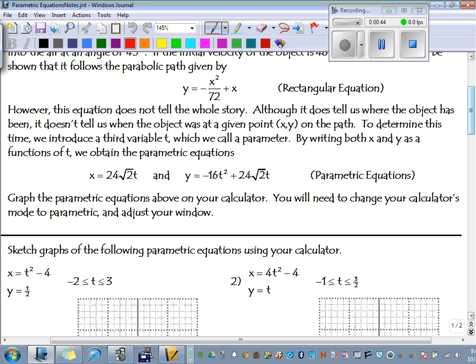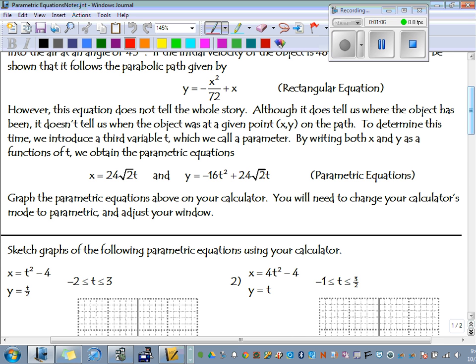However, this equation does not tell the whole story. Although it does tell us where the object has been, it doesn't tell us when the object was at any given point on the path. So to determine this, we introduce a third variable, t, and that's called the parameter. We'll see some that have theta instead of t, so we're talking about angles, but a lot of them are